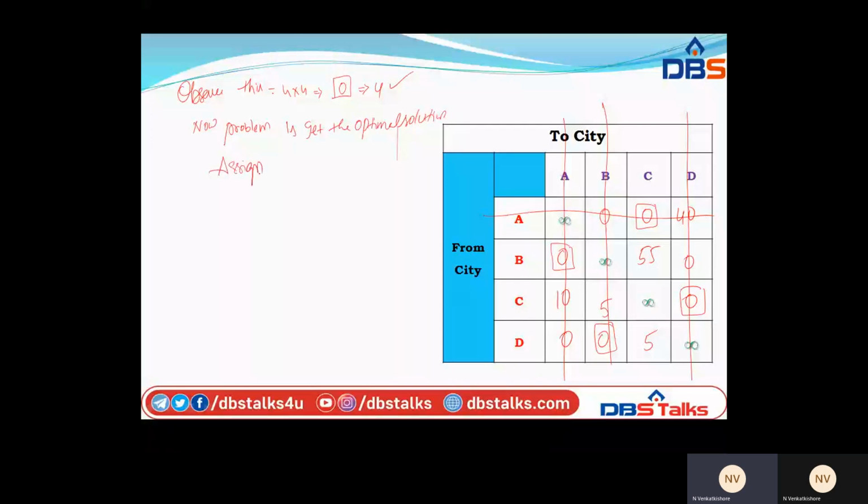We are getting the optimal solution, but we need to solve the traveling salesman problem. So after getting the assignment solution by the Hungarian method, you need to satisfy this solution with the traveling salesman condition.